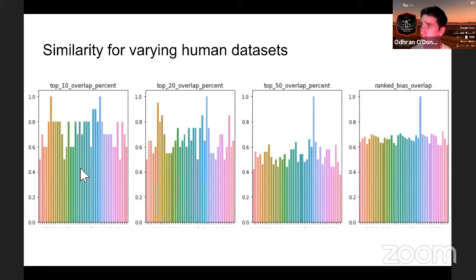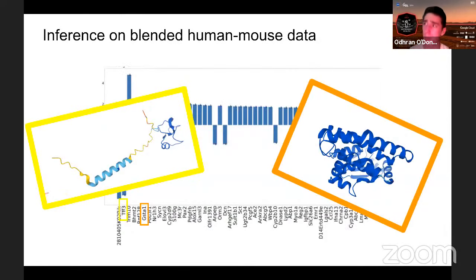This tells us whether or not our method can work, even when we're looking at humans in different environments and in different settings. And the good news is, broadly speaking, our results are quite consistent across different groups of humans. And so it gives us more faith that the things we're pulling out in these models are the things we expect to pull out all the time if we had human data and if we had mice data. So these are the initial results we have that we can show off at this stage.